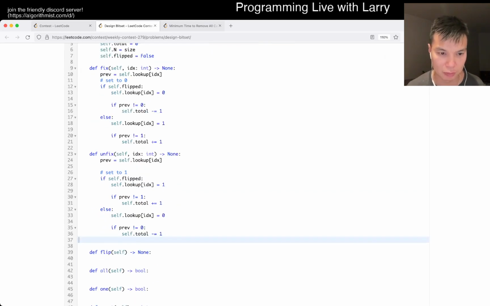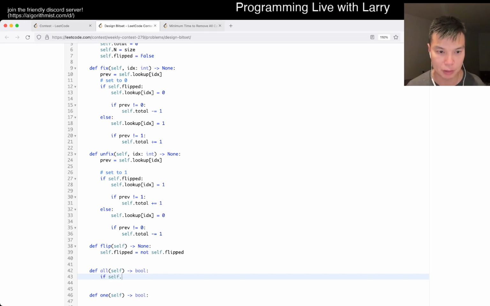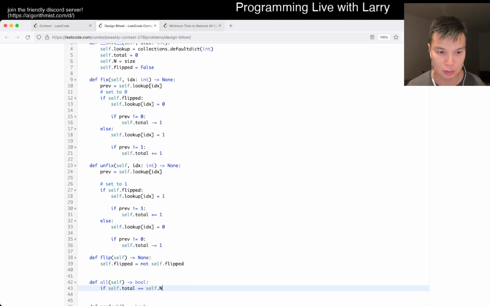Still a little tilted from Q2. I knew it, but oh well. If self.total is equal to self.n. Okay, I know I could do if this is flipped, then